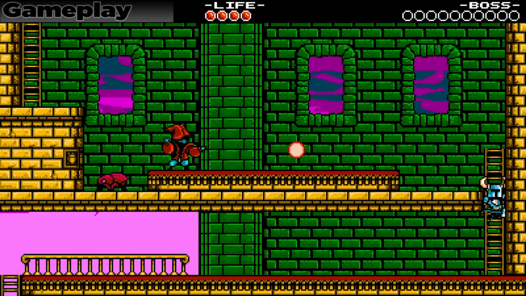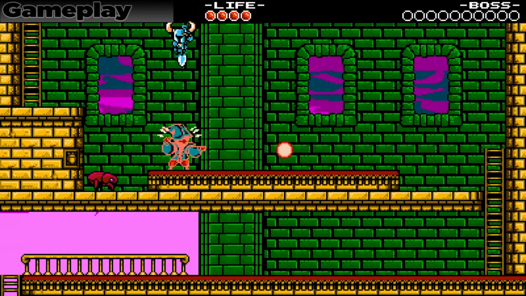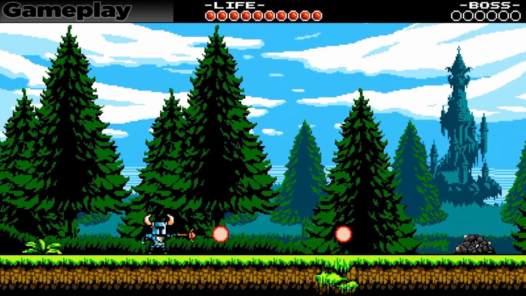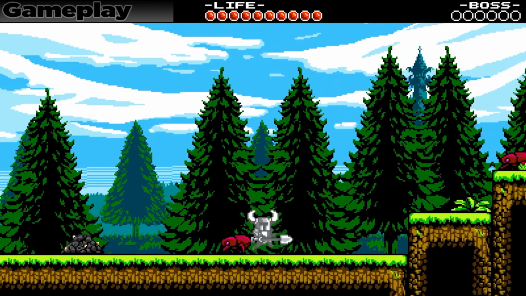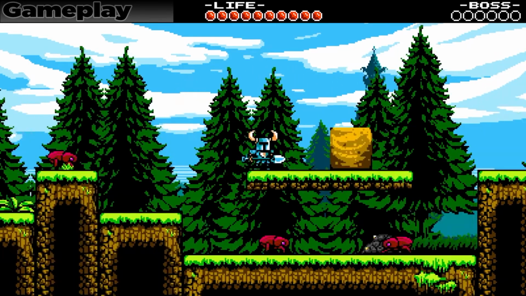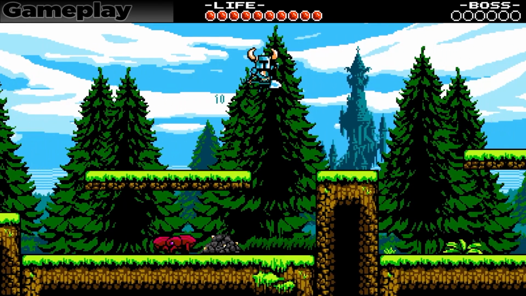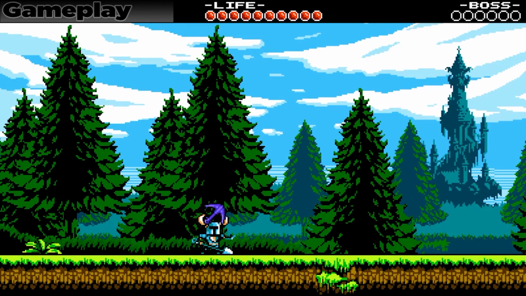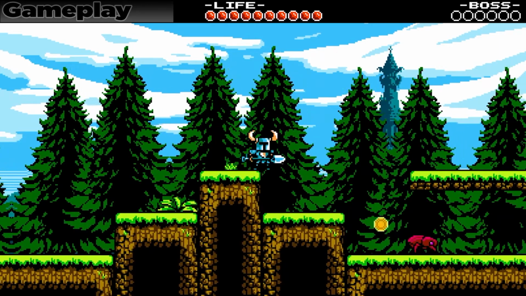This magic can be replenished with magic jars, which are found in dirt blocks and by killing enemies. There are 10 relics in the game: the Flare Wand, a wand that lets you shoot fireballs; the Phase Locket, a locket that makes you invincible for a brief period of time; the Dust Knuckles, big gauntlets that let you dash through dirt blocks; the Throwing Anchor, which is exactly what the name says; the Alchemy Coin, a coin that